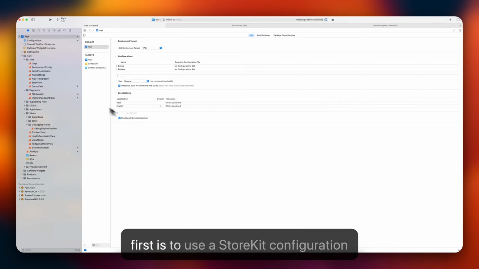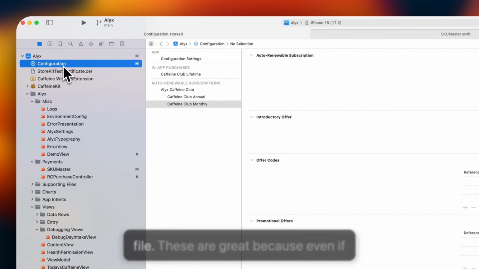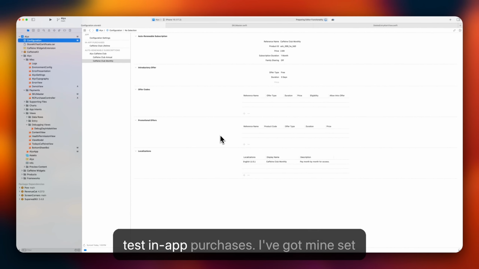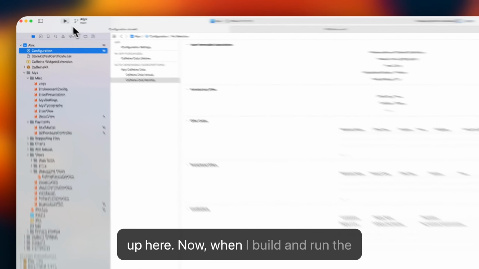The first is to use a StoreKit configuration file. These are great because even if your app isn't live yet, you can still easily test in-app purchases. I've got mine set up here. Now, when I build and run the app,